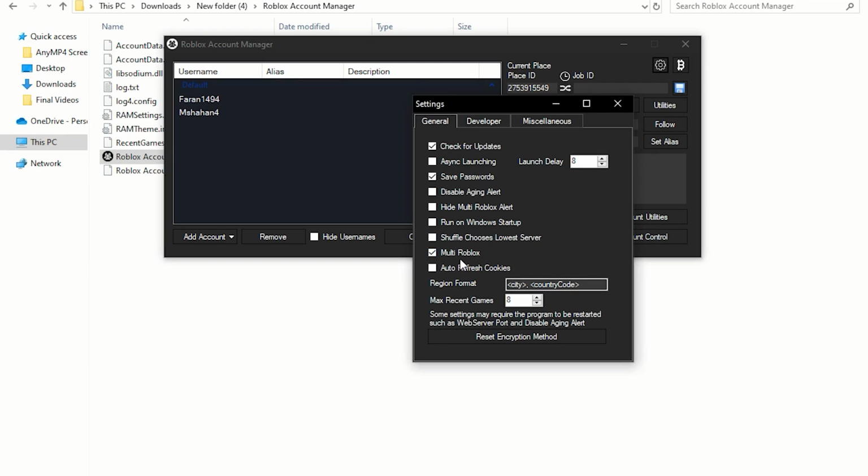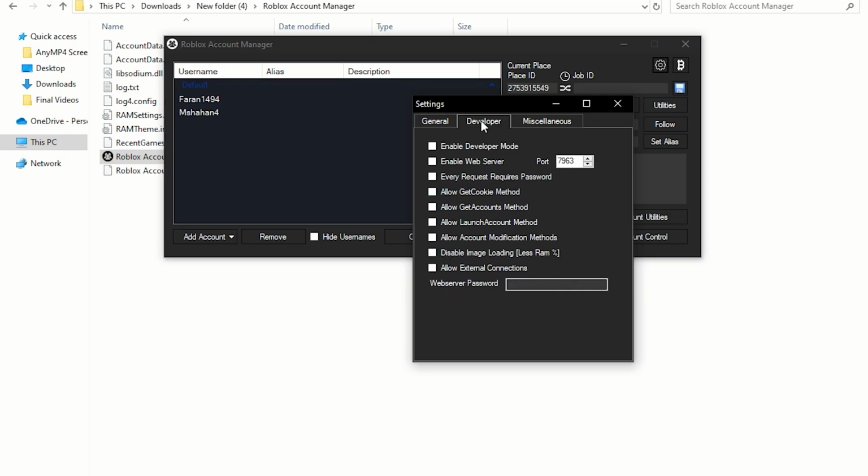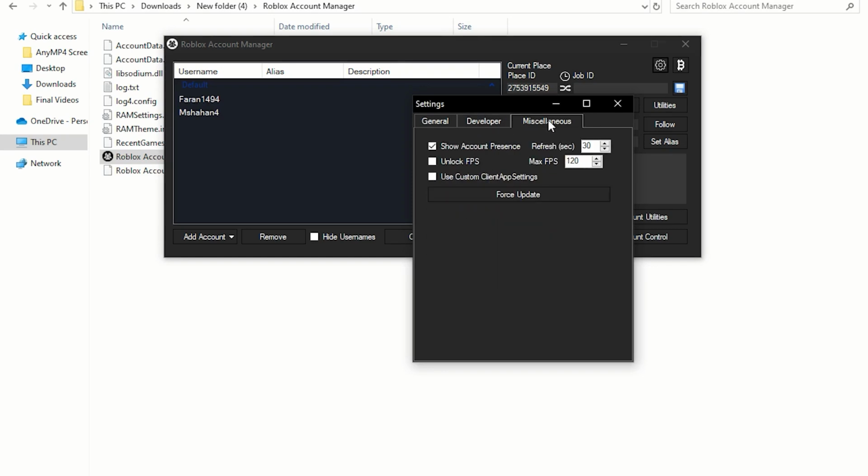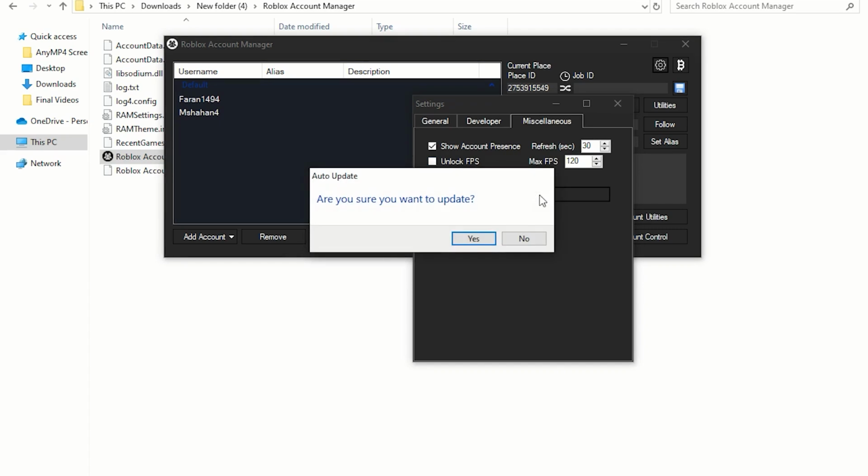Make sure that it has been checked, and from there, go to Developer mode. And here we are not going to change anything in the Miscellaneous mode. We are going to keep the Unlock FPS enabled, and we want to force an update, because if there's any update that we need, because our Roblox Account Manager isn't working,